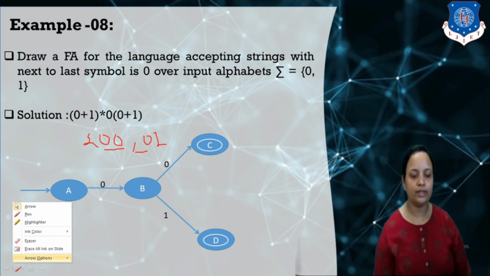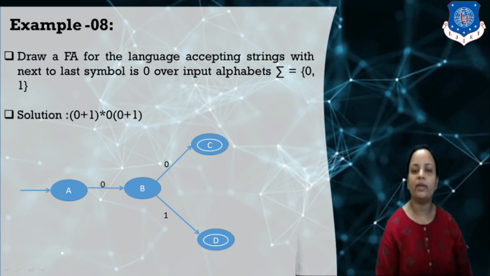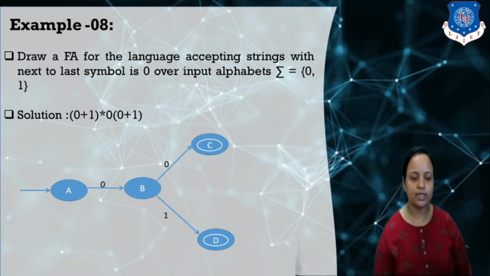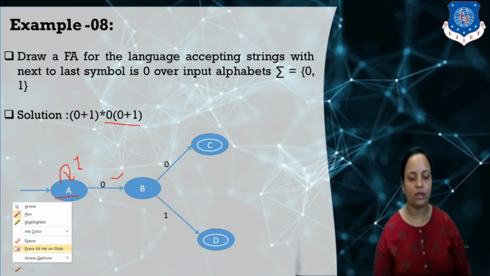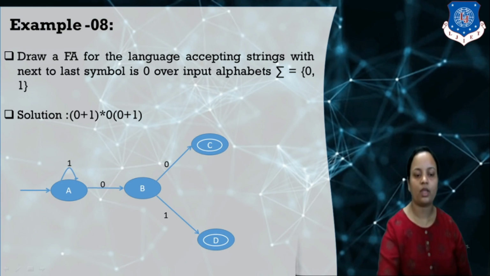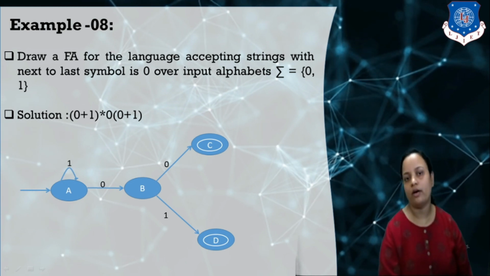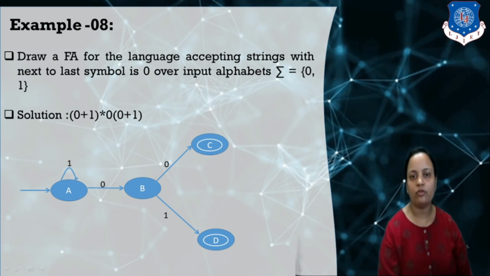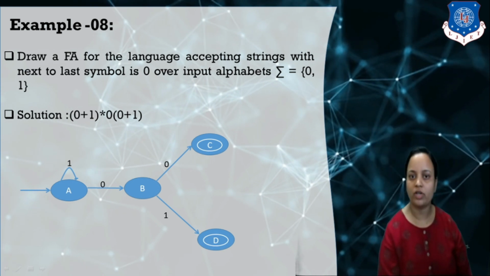Now we have to complete our DFA. Here A on 0 we have mentioned, but where does A on 1 move? Before this the star appears, which means any number of ones can appear before this and it is valid. So we can put a transition for 1 as a self loop on state A. Now from state B we have to give two transitions, 0 and 1.